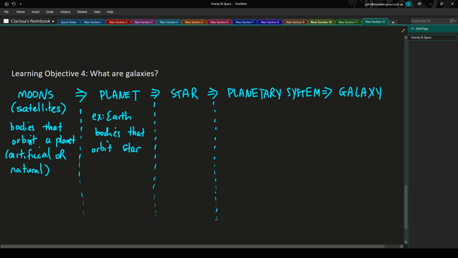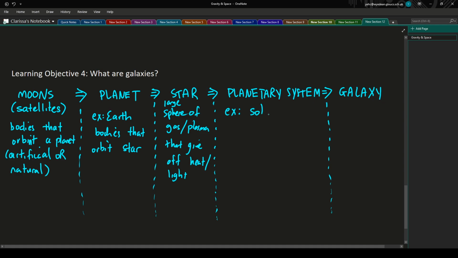And then we have a star, which is a large sphere of gas/plasma that gives off heat/light. And then when you combine all of those things, you can get, for example, the solar system,